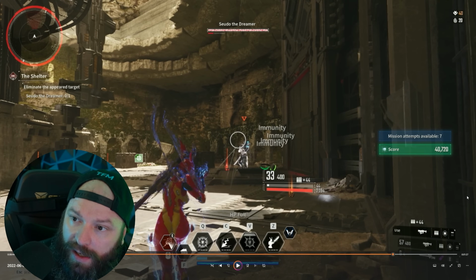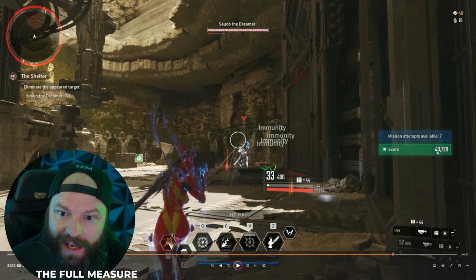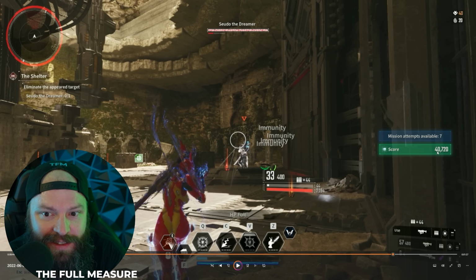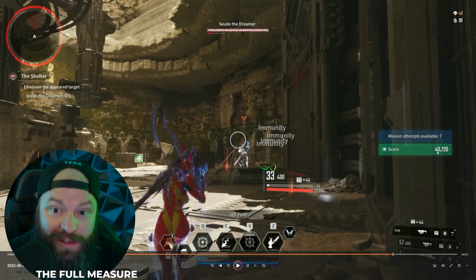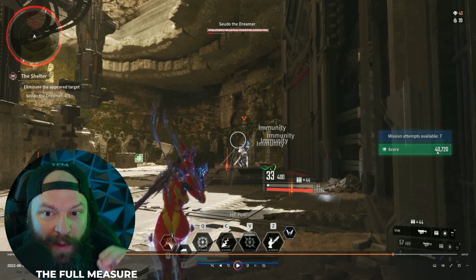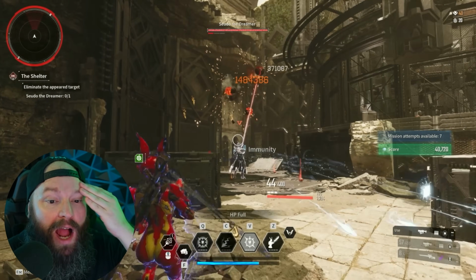you'll see at the bottom, over there, our score at the moment is 40,720. Like I said, 40,500 was the threshold. We are just over the threshold, and that's why 220 is just perfectly right. So as soon as we kill this dude, we're going to see our 2